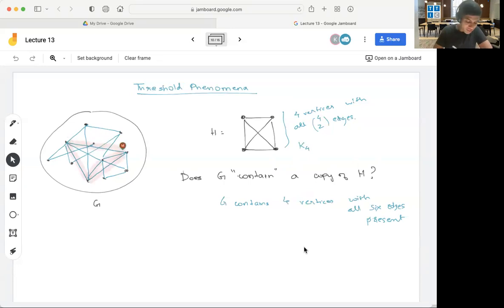These are 4 vertices with all 6 edges present. Here's another one. Well, actually, maybe we can modify the graph to give you another one. Here's another one. And so on. So are there 4 vertices with all 6 edges between them present? Maybe there are other ones, but